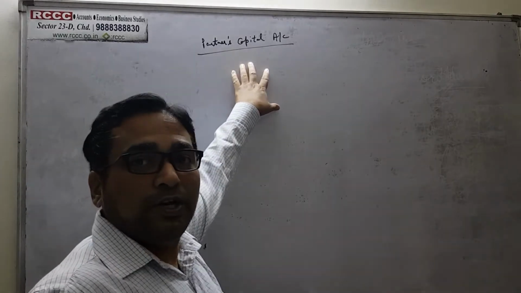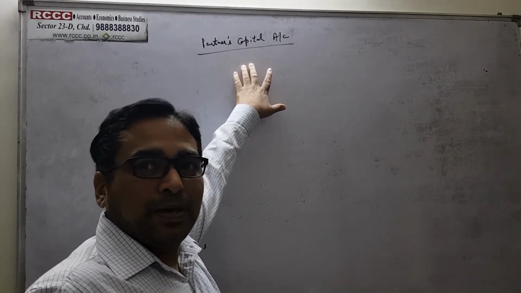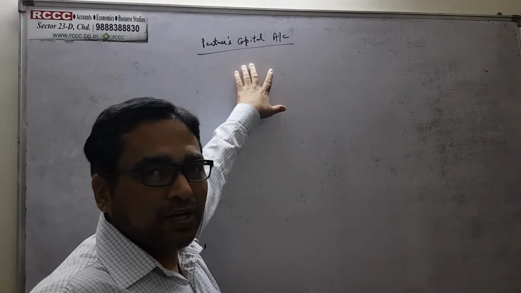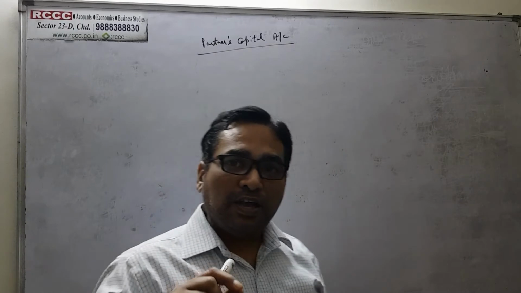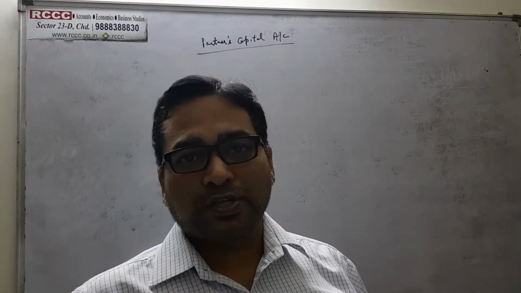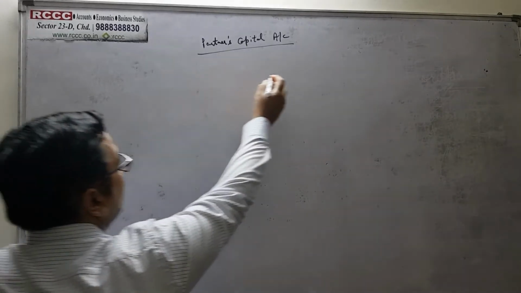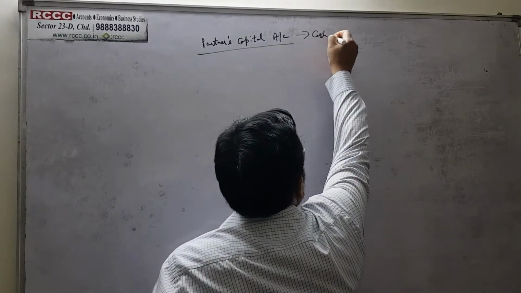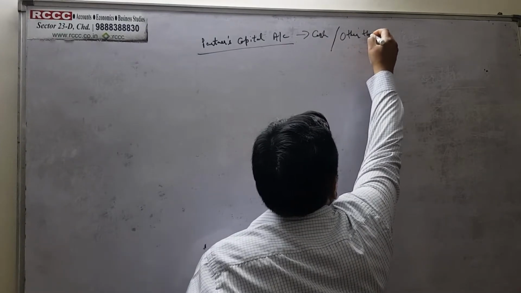Now, calculating the partners capital account, the capital balances, whether it is a debit balance or a credit balance, is very important for any partner. There are certain reasons behind it. The main reason is that every partner has contributed their amounts in cash. Because they have contributed their amount in cash, they have full right, either in cash or other than cash.